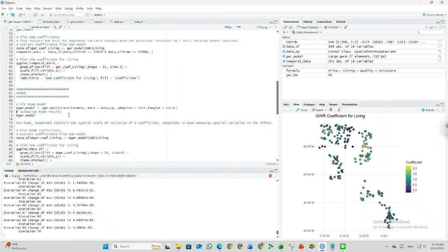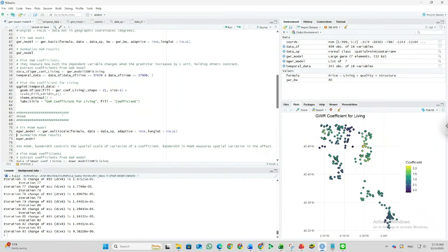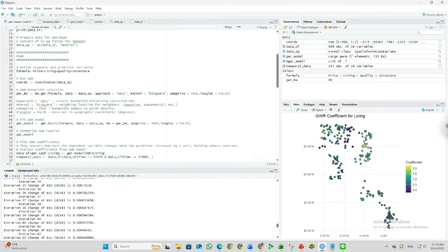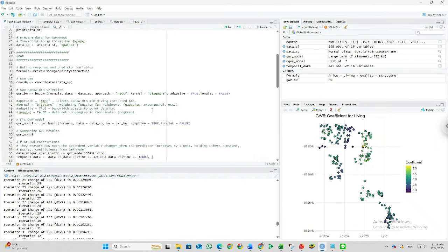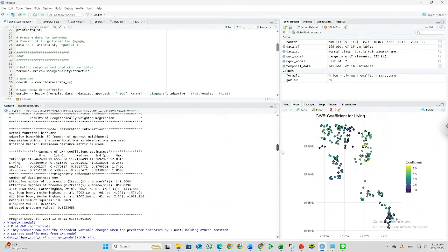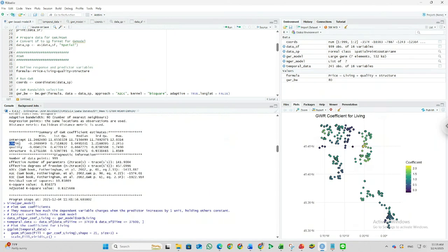Okay, you can see in the GWR model we have the same bandwidth, 80, for all of the independent variables.